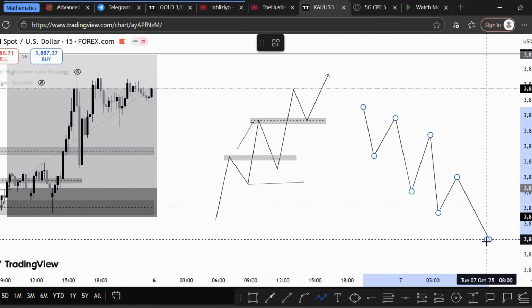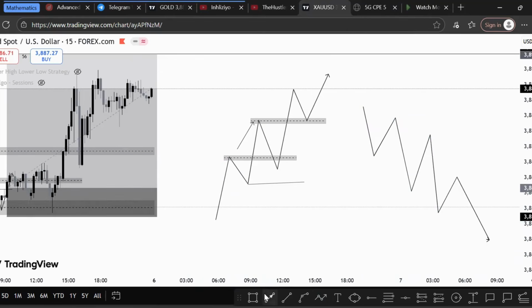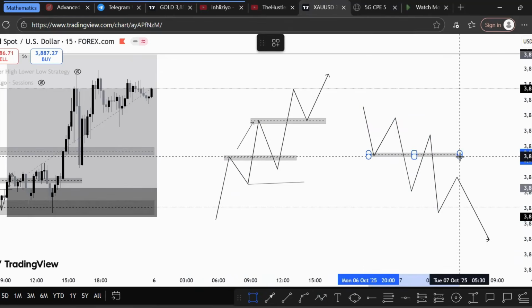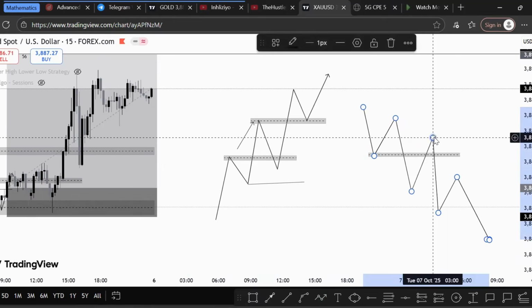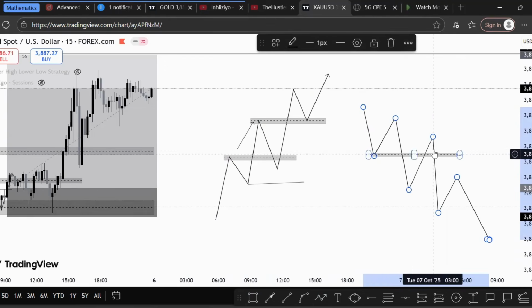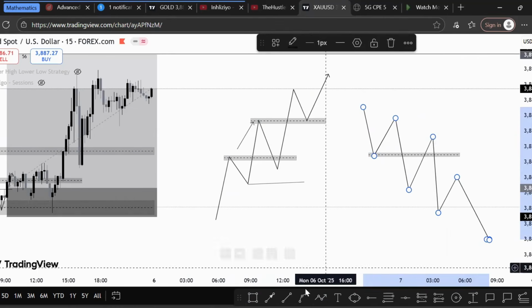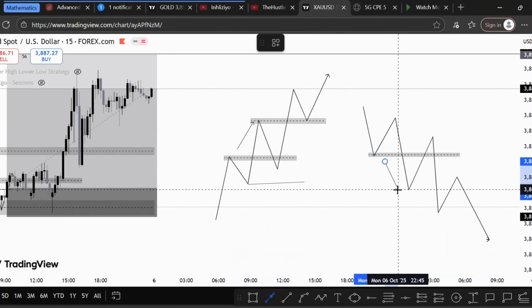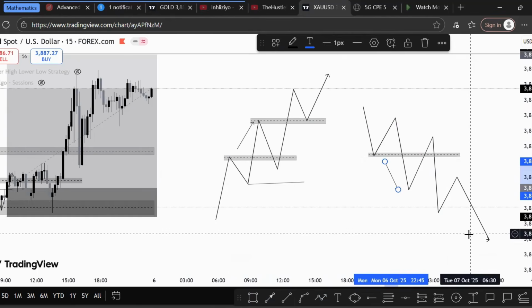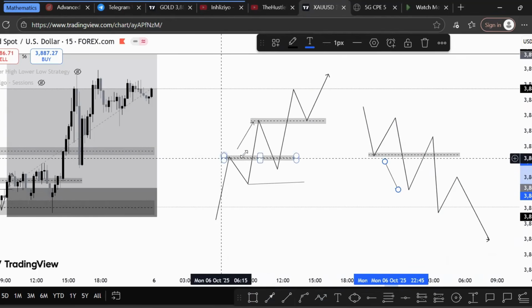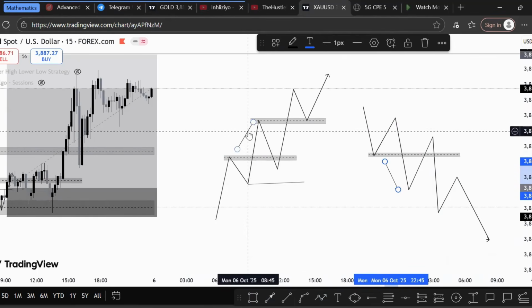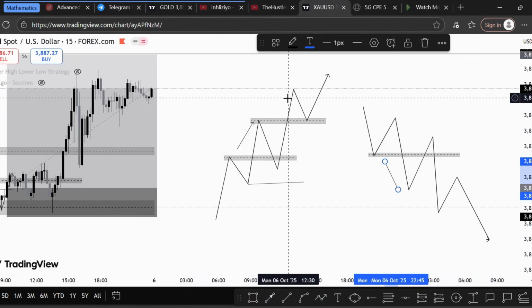I prefer something like this, right? I prefer it to come and correct back into the lower lows, the indication, the correction into the lower lows, and then we sell. So I know that anything below this level of support would be bearish, and anything above this level of resistance would be bullish. So that's how I prefer taking these trades with ICC,